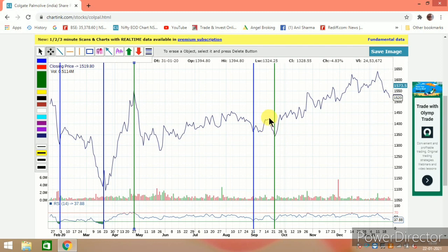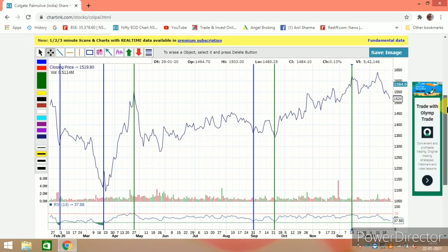Here it has given a double top, so the sell position is here. We are in a good shape here. Again around 30 it has given a buy signal. It has reversed from here, and then it is continuing. And friends, it has continued till this point, which is a substantial increase, from 1300 to roughly about 1500. 200 rupees is a substantial increase.